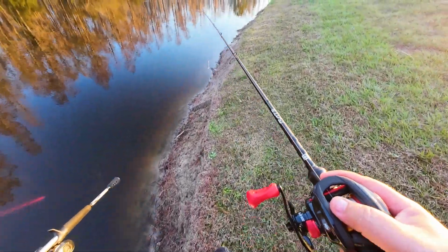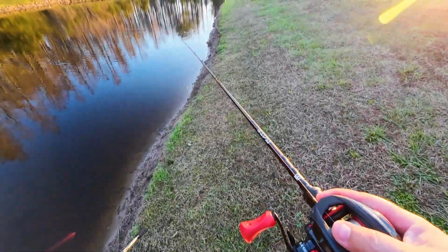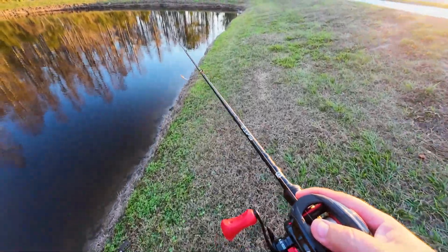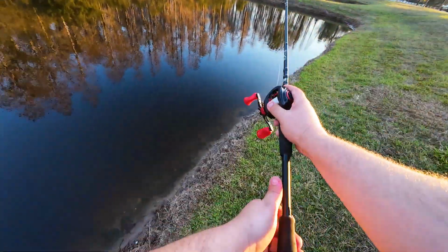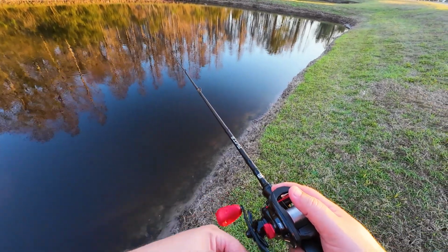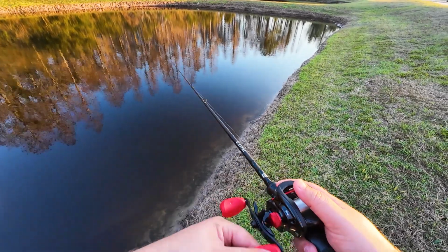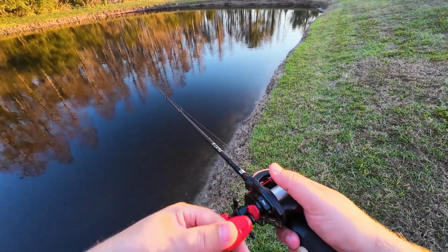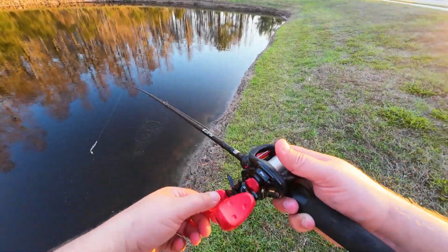But this corner actually looks good. I saw something getting chased down here in the corner. That last cast didn't quite reach, but I didn't want to walk up this coast and then scare away fish. So I wanted to cast there and then come up. So because we're in this corner, I'm going to do like fan casting, where I just